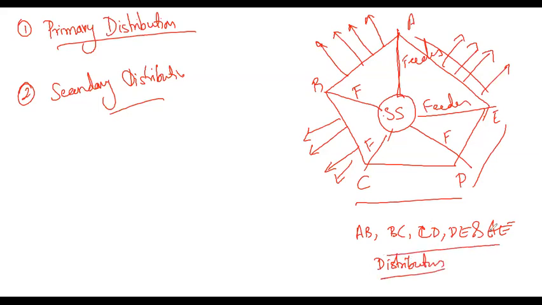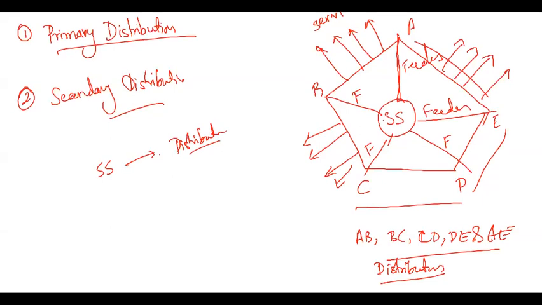So next, these are the feeders. Once you have the connection from the substation to the distributor, you call it a feeder. Feeders are the connections made from the substation to the local areas. Generally the local areas here are nothing but the distributor network, and to this distributor network you will have the service mains connected. These are the service mains.